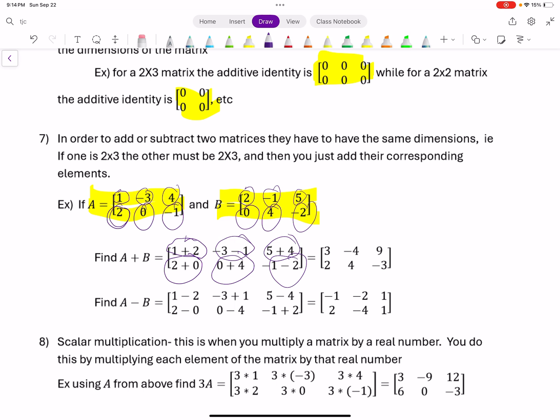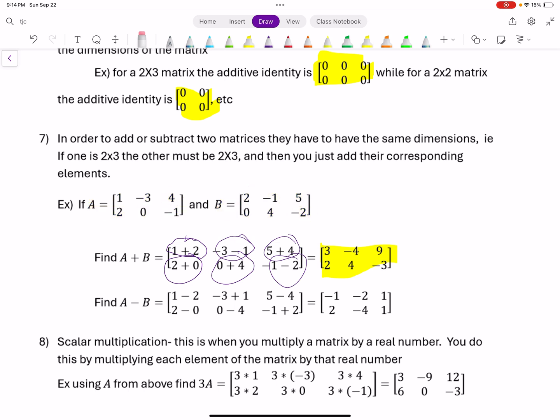And when you add the individual elements, you get another 2 by 3 matrix. So A plus B is 3, -4, 9, 2, 4, -3. What about subtracting? Well, subtracting is done the same way. So what you're going to do